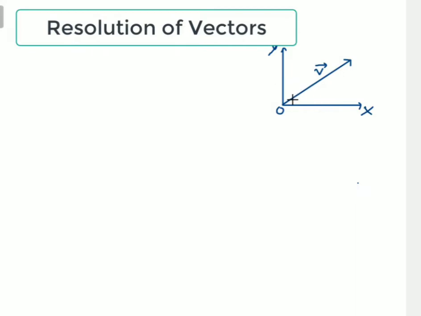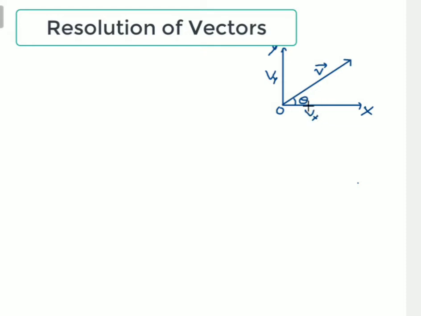This vector is making an angle theta with the horizontal. Now, since it is making an angle theta with the horizontal, this vector's effect along the x axis I am taking as vx, and this vector's effect along the y axis I am considering as vy, right? So vx and vy are two components resolved from this vector, okay? Now this vector has been resolved into two components. These components vx and vy are scalars, okay? The components of a vector are scalars.